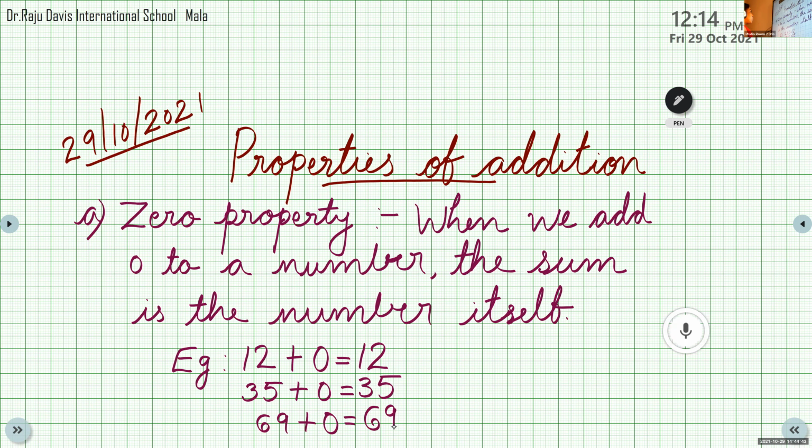That is zero property. Sometimes the question will come this way: 12 plus 0 is equal to 12. Which property of addition does it show? So what is the answer? Zero property of addition. Okay. Ma'am, can I put my number? 15 plus 0. Yes, you can write that also in your notebook. All of you, please write one example yourself. Fourth example, you can write yourself. Please make any one example and write.